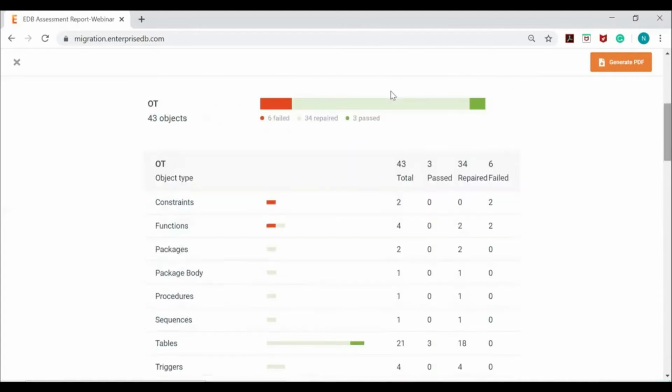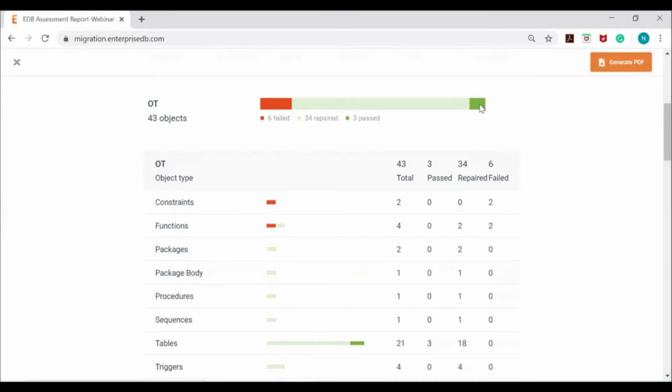Now you can see that the bar is divided into three colors. Let's start with the green color, which indicates the pass objects, meaning the objects don't require any modification or any manual effort to migrate. The major area is covered by the light green color, which indicates repaired objects, which are repaired by the repair handler available inside the migration portal.